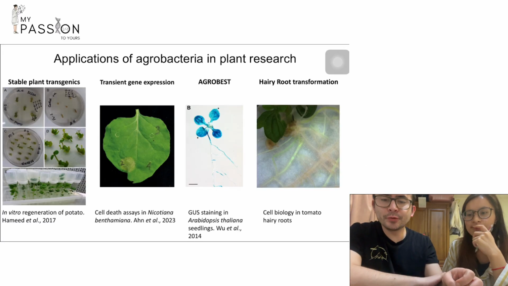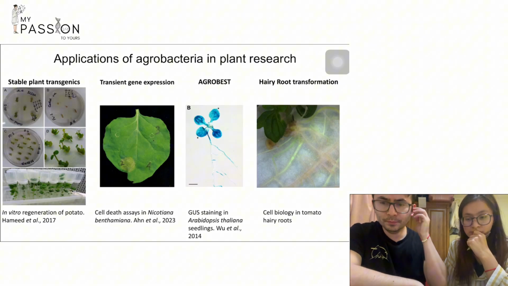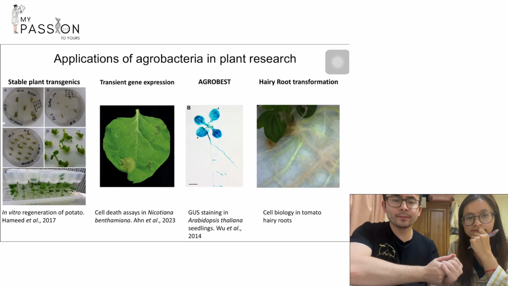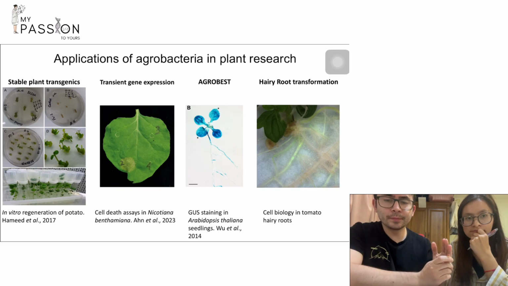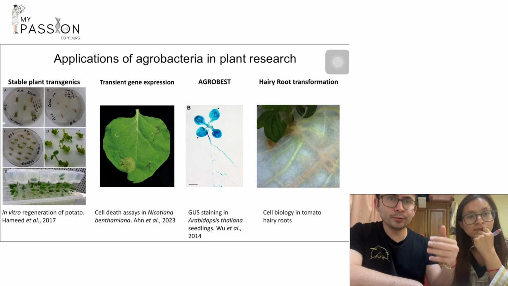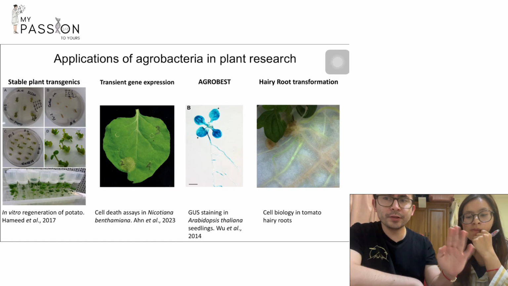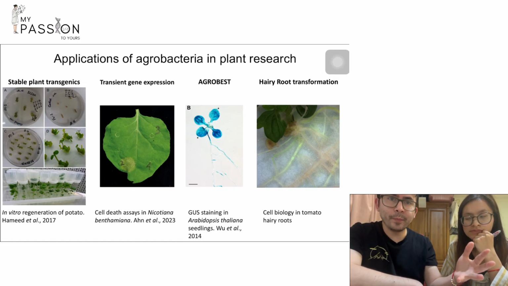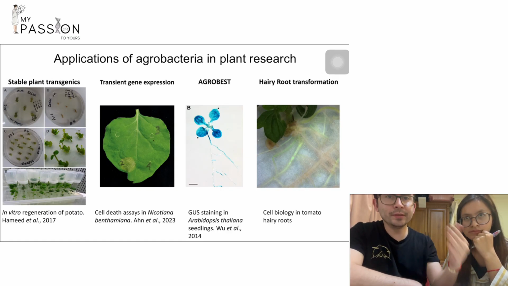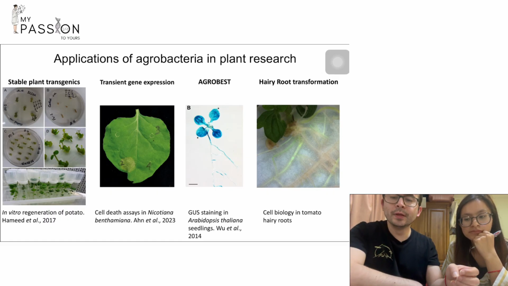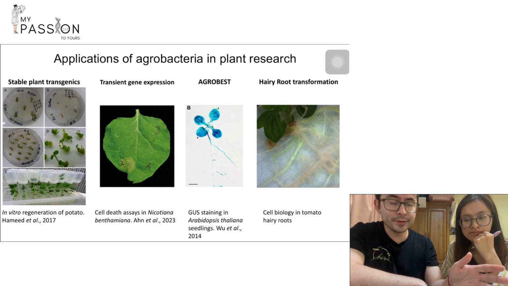So the last slide is talking about the application of Agrobacteria, because the process that I explained before is what happens in nature. However, we can transform the Agrobacteria with any kind of gene that we want to transform into the plant. Okay. So this is called transformation, and in nature it happens like the bacteria just infect the plant naturally, but in the lab you have to facilitate that, because it's not as easy, or it will take a lot of time if not. So there are 4 main ways that we can do transformation.